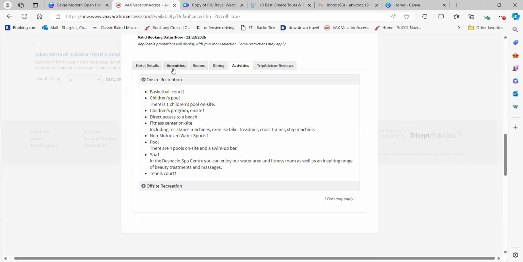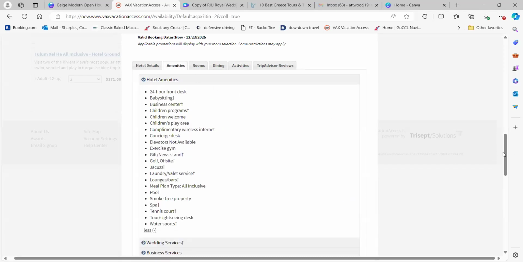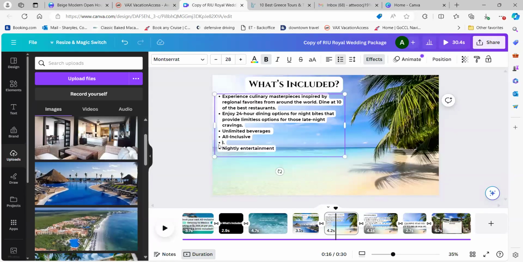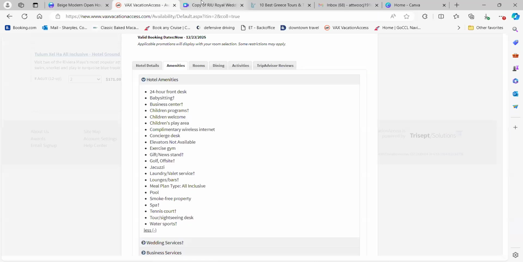Let's see. Or if I'm not sure on activities, I might put this here and change it to inclusions. And I'll put, I cannot spell today, complimentary wireless internet.